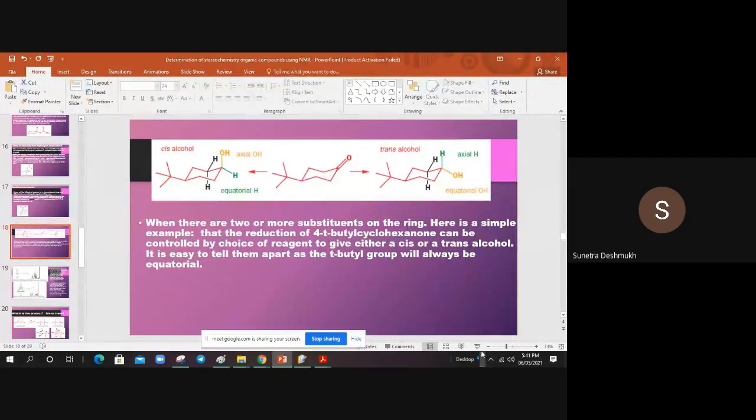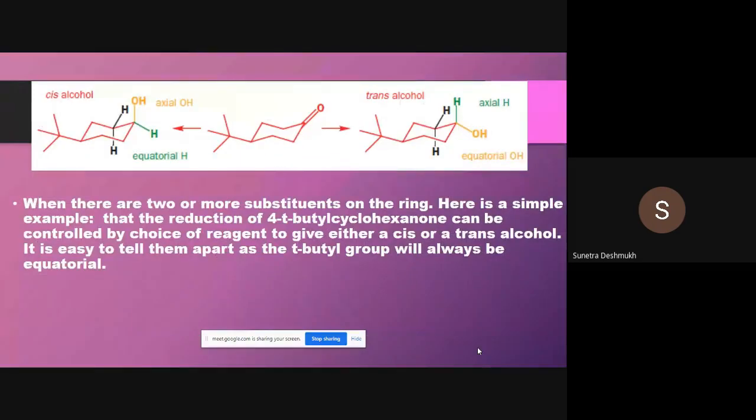Okay, so determination of stereochemistry, determination of configuration or conformation of cyclohexane systems, that we can conduct with the help of proton NMR spectroscopy. So we have seen that the J3 value, that means the coupling constant value of a particular proton in that product, can define whether the product is cis or trans. Okay, so here is one example displayed on screen.